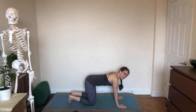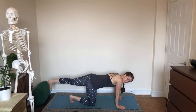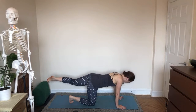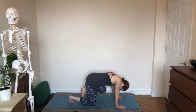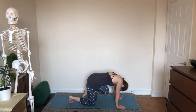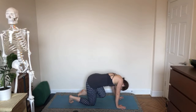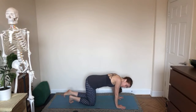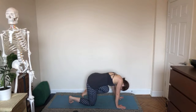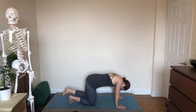Come right back onto hands and knees and sweep your left leg back behind you. Find it up to hip height. Exhale and round. Hip height. Exhale, round. Do your best to keep these movements in and out through your nose. And then last one. As you come out this time,